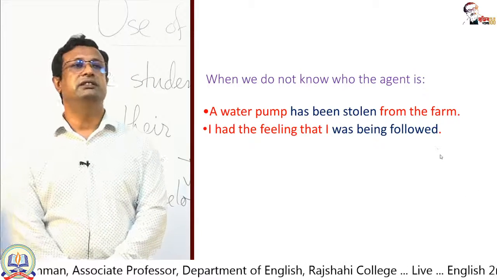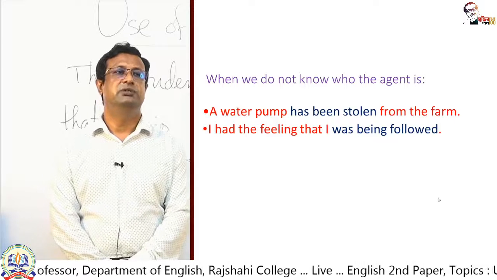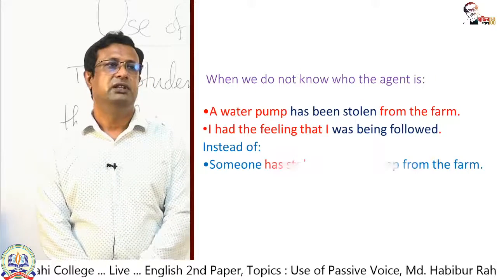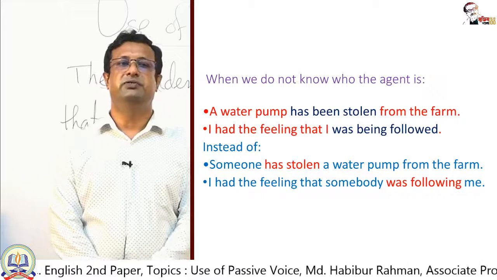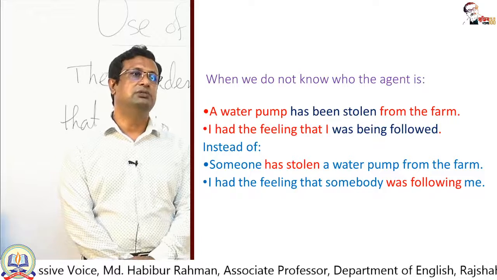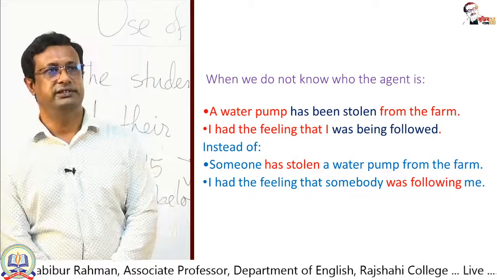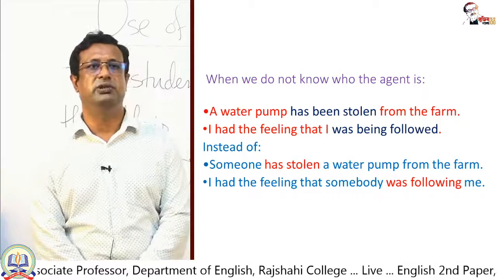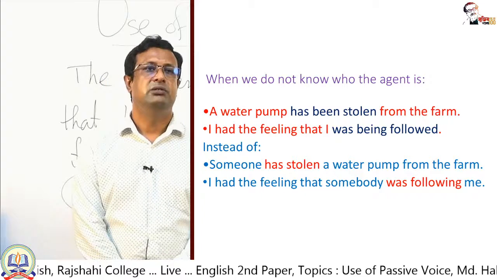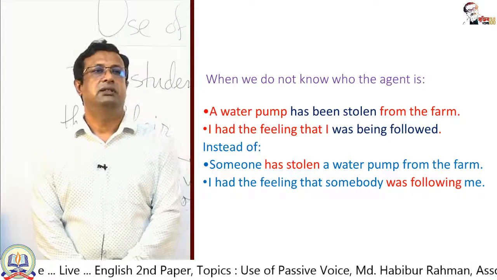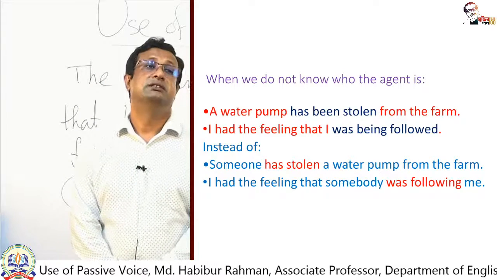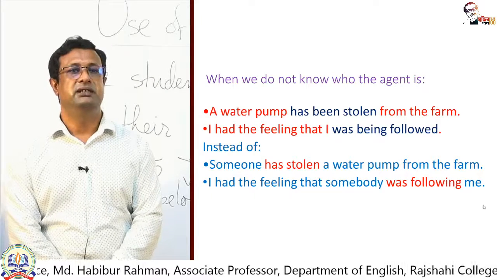So, these two sentences are better than these two sentences. Someone has stolen a water pump from the farm, or I had the feeling that somebody was following me. The last two sentences are not as good as the first two sentences. So, someone has stolen a water pump from the farm, and I had the feeling that somebody was following me are correct, quite correct, and they are the same. But we are using here passive voice, and the first two sentences are better than the later two